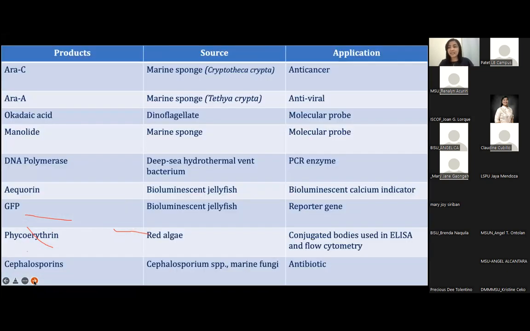Now this is the list. Ayan, si RA. Antiviral siya. This is used against viruses. Ito naman si RC. It is anti-cancer. So, tingnan nyo na lang. Ayan, these are just some examples ng mga products which are used in the market na ngayon, and these are the sources. Okay, ito yung mga sources niya. Cephalosporins, ewan ko lang kung nareseta na to sa inyo, but it is an antibiotic from a marine fungi.